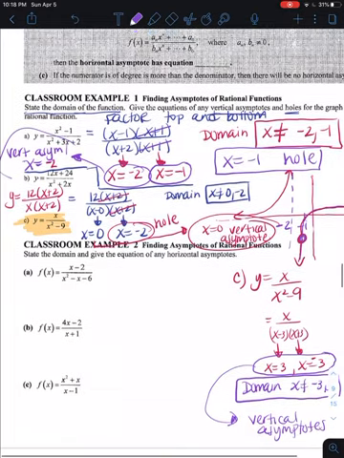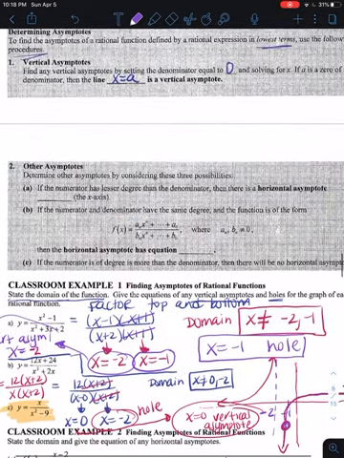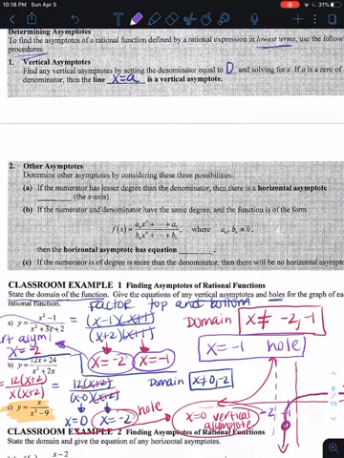The last part is horizontal asymptotes. It says determine other asymptotes by considering these three possibilities. If the numerator has lesser degree than the denominator, then there is a horizontal asymptote at y equals 0, which is the x-axis. If the numerator and denominator have the same degree, which we talked about before, meaning they have the same highest exponent on the top and the bottom of the fraction, then the horizontal asymptote has the equation y equals